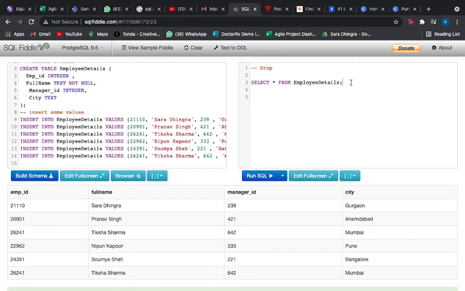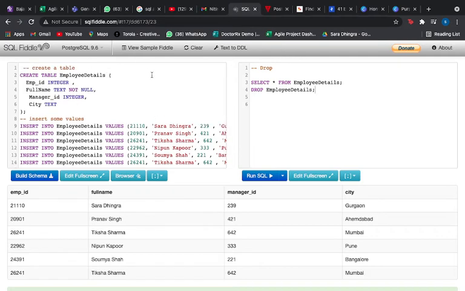So if I write drop employee details, what it will do is that it will remove my entire table from the database. It will delete my entire schema from the database. So whenever you are using the drop command, be very careful, because you can't even roll this back. You can't use the rollback command to get your table back.